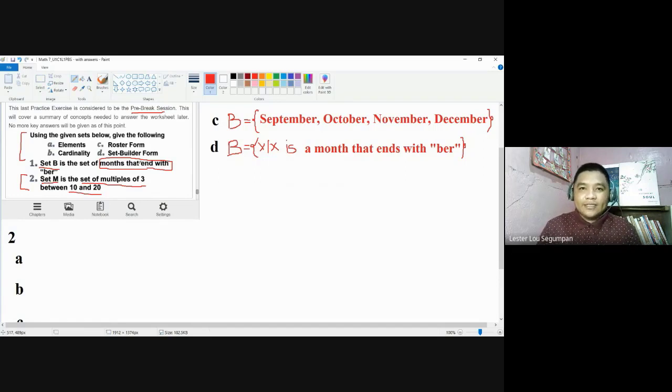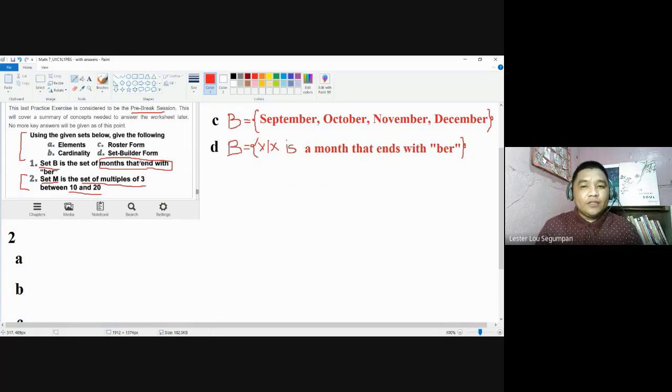Another is 6 because that's 2 plus 2 plus 2. We added 2 to itself 3 times. We have 6. The other term used to describe multiples, aside from adding a number to itself, is the concept of multiplier. So 2 times 1 is 2. 2 times 2 is 4. 2 times 3 is 6, and so on and so forth. So those are multiples. But here specifically for set M, it is a set of multiples of 3 between 10